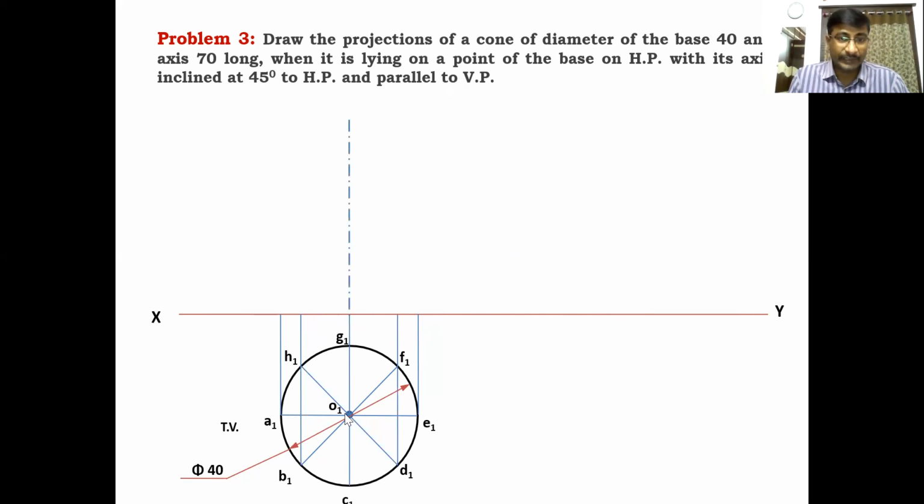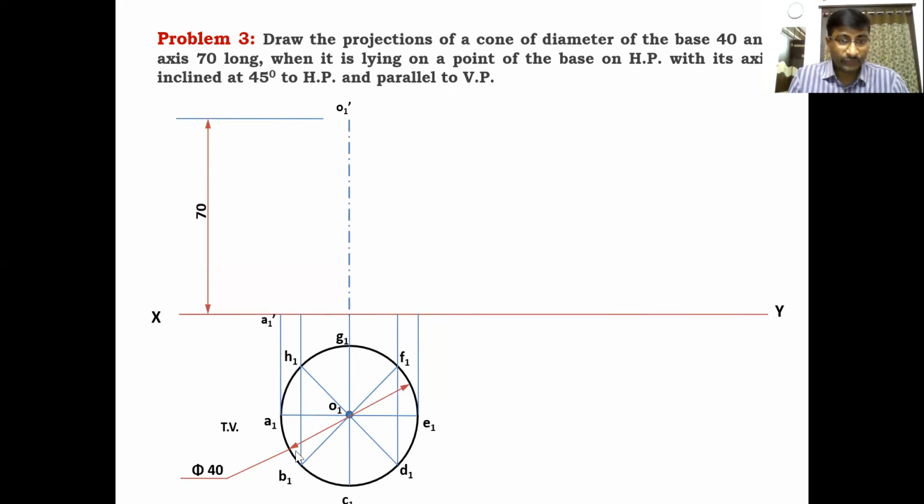After projecting, the center line coming from the apex point will be extended 70 mm from the XY line. The axis length is 70 mm. It is an axis line drawn as a long and short line. O1 dash is the front view apex. The top view in the first stage is O1, and the front view in the first stage is O1 dash. Dash represents the front view. After locating the apex point at a distance of 70 mm, locate the base points here. A1 becomes A1 dash in the front view, and likewise B1 and H1.